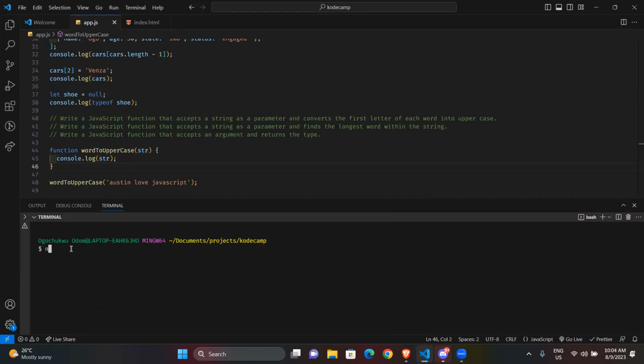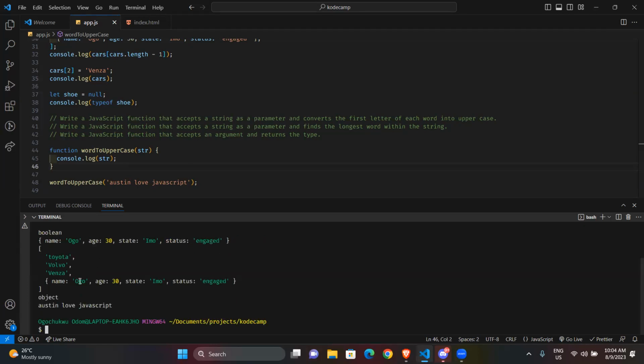So remember the last time we said you need to have Node installed for you to be able to do this. So, okay, Austin loves JavaScript. Now this actually shows up.